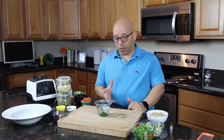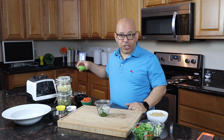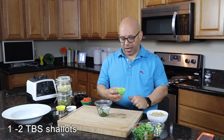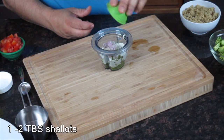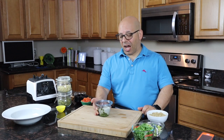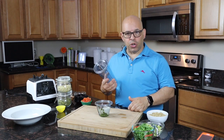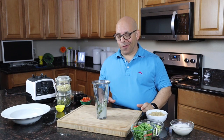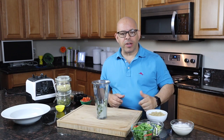All right, so the next ingredient is going to be a tablespoon of shallot. You don't have to chop them really fine because it's going to be blended up. So I just got a tablespoon of roughly chopped shallots. All right, so I can already tell this is not going to work. I'm going to switch this to the bigger blender here. All right, now that we have our blender issues resolved,